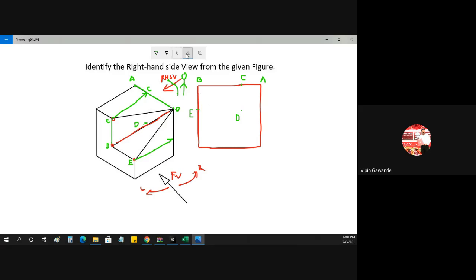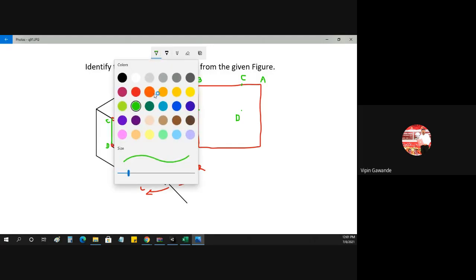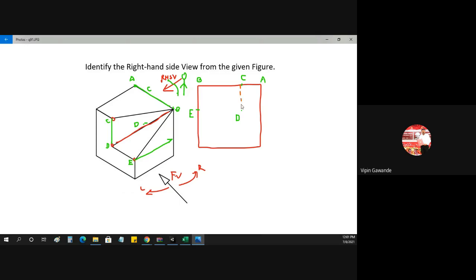Now let us check the dotted lines. What are the dotted lines now? CD will be the dotted line, a vertical line. That vertical line comes here. CD, this line you have to transfer here, because this line is not visible to the observer. Then the B and D line is not visible to the observer. Then from D to E, this DE line. See, these three lines are not visible to the observer: CD, then BD and DE.